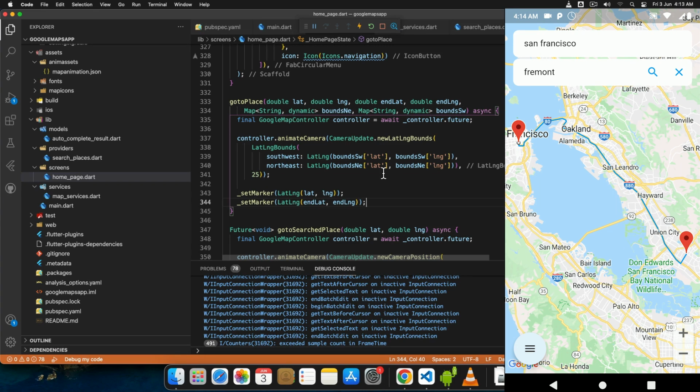Cool, right? Anyway, let's move on rather than me just talking about it. So we have seen how to search for places and then display an autocomplete result, and then tapping on one place would take us to that place. We have seen how to do that, and then we have seen how to plot a polyline, draw a route between two different cities or points. We have seen both of that. Now if you tap on this, this will disappear, but still the markers and the polylines are still present, right? In order to make that disappear, what you need to do is